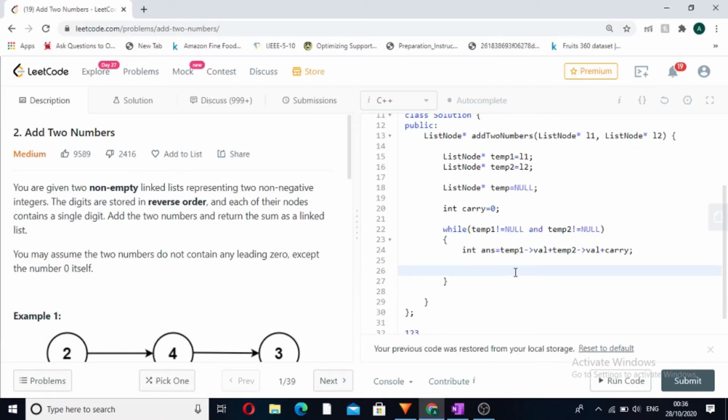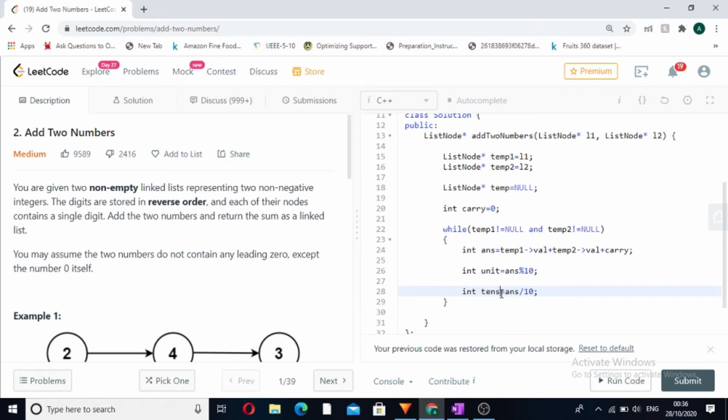So what we will do, we will take int unit is equal to answer mod 10, it will give us 8 in the units place, and int tens place will be answer divided by 10. Answer divided by 10 means 18 divided by 10 will give us 1. So we know that the 1 is the carry for the next addition.